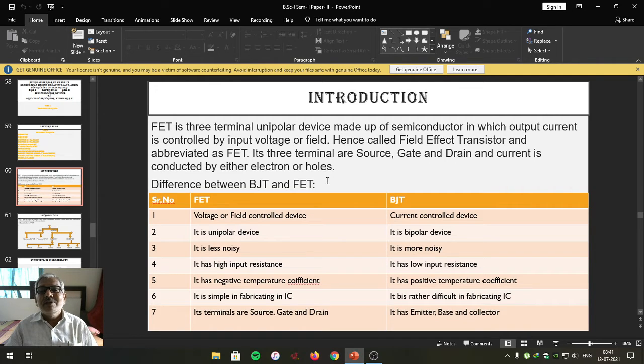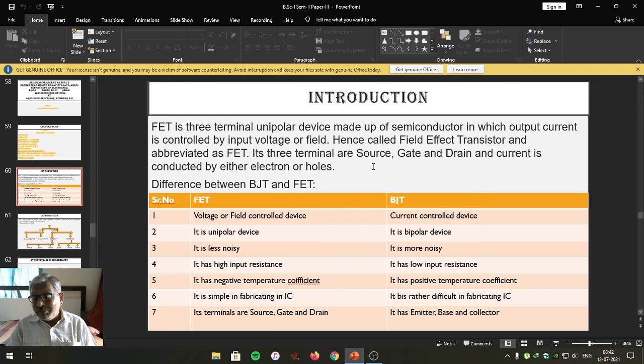Student friends, let us understand the difference between BJT and FET. Friends, already we have studied BJT in the last topic. Now we are going to study the difference between BJT and the FET. We have defined the FET. For your understanding, again look at BJT, the bipolar junction transistor. Two junctions, current is conducted by two types of charge carriers,